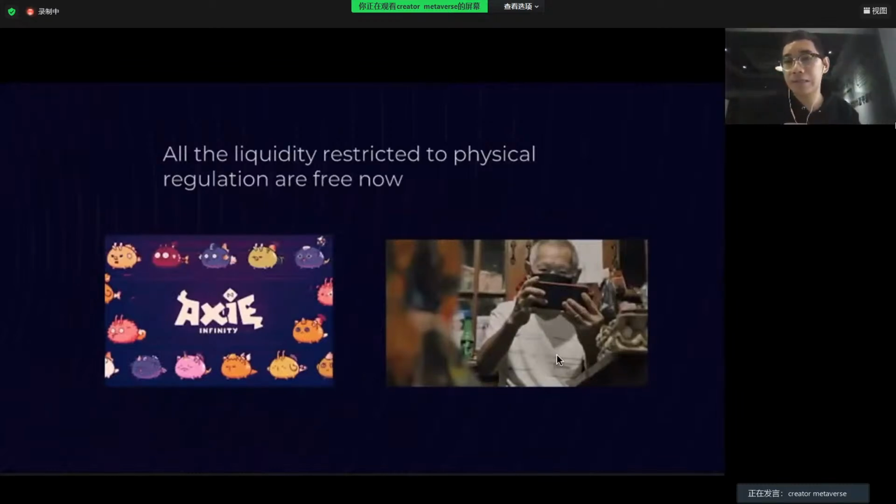And sometimes we see the community can make mini shows of the games and spread them to more users. And all these things happen because all the liquidity restricted by physical regulation is free now. Liquidity means the money can really help people worldwide. And this is a huge difference.